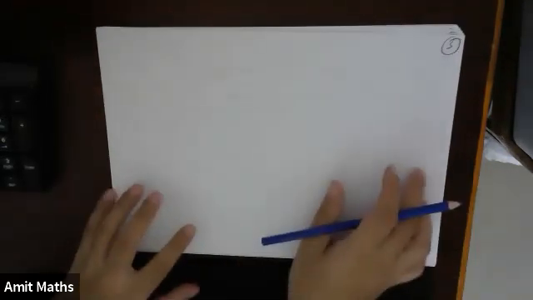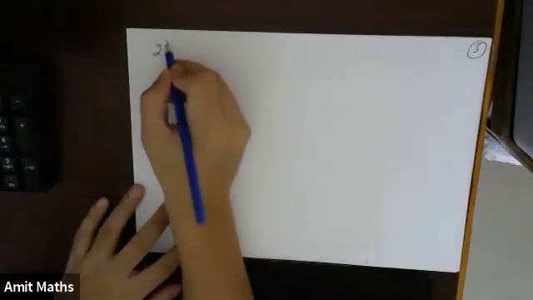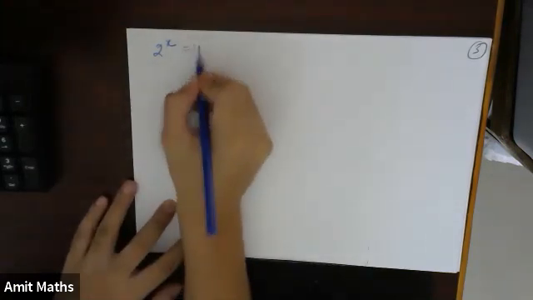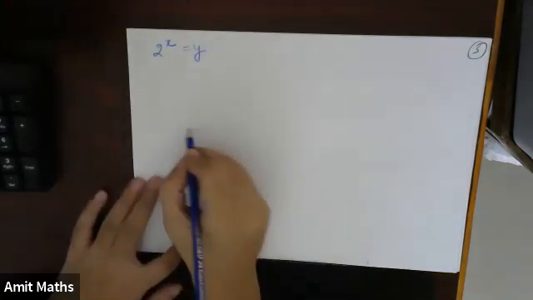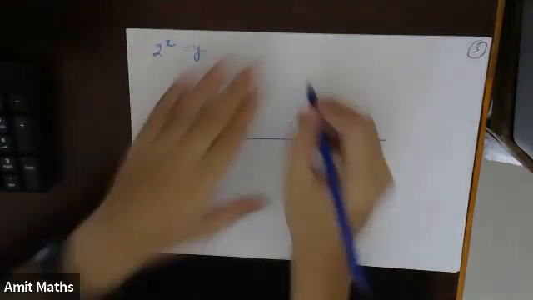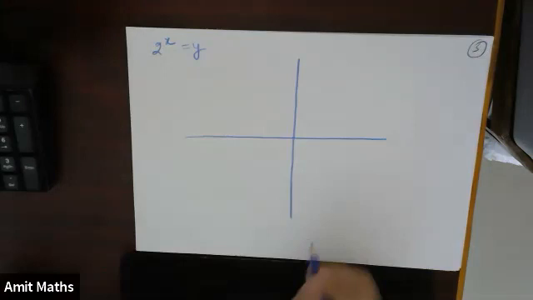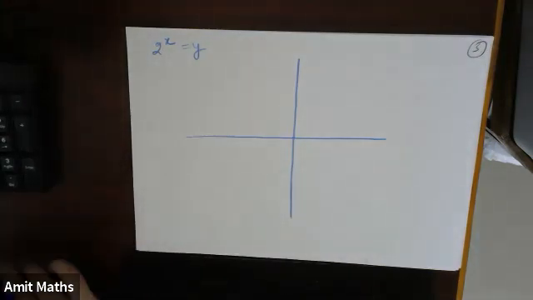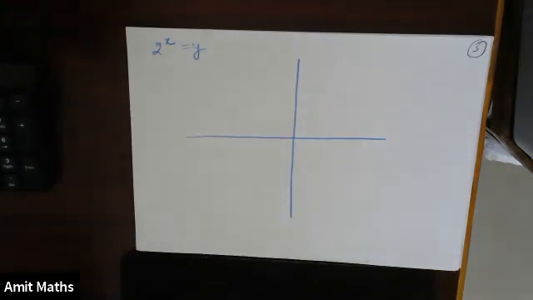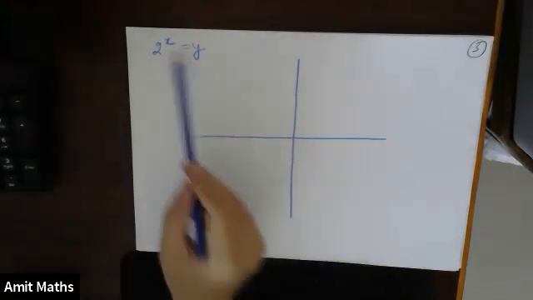See, exponential function. Suppose I have to draw the graph of y is equal to 2 to the power x. This is how I always remember the graph, or whatever function is being given. Now see, in this case, if I keep on substituting values of x from minus infinity to plus infinity, the x will keep on increasing.